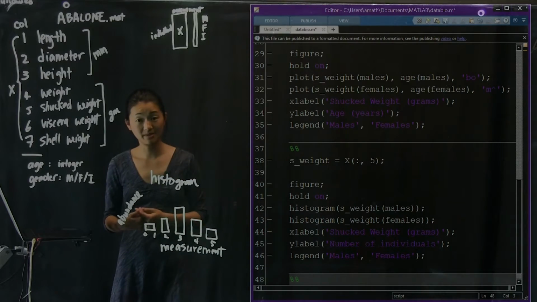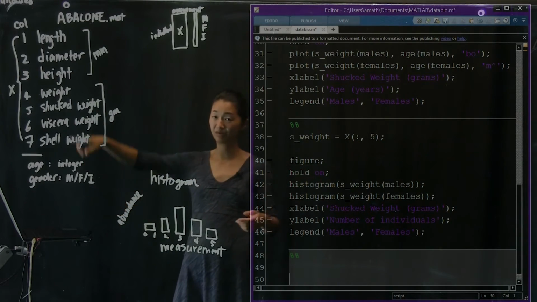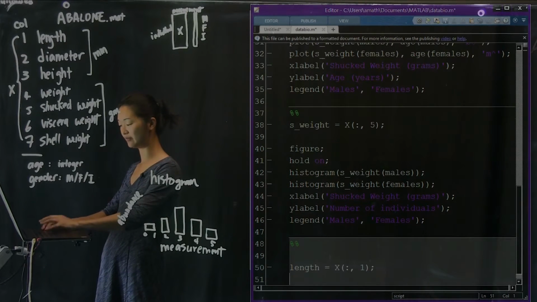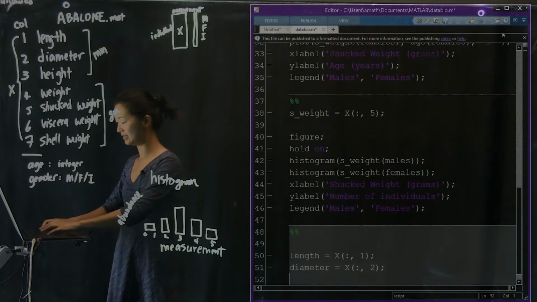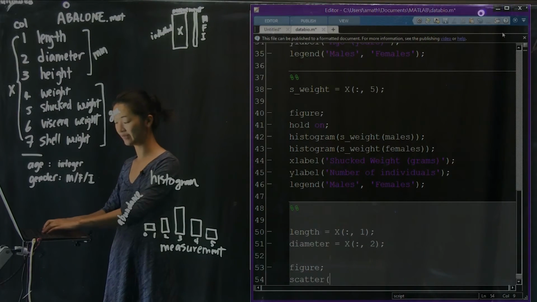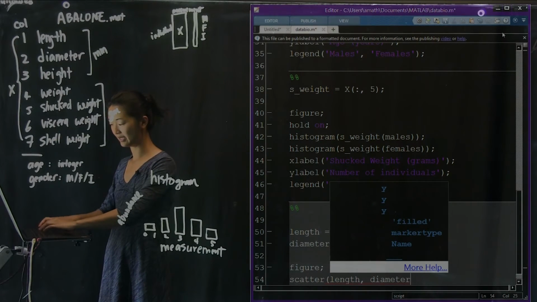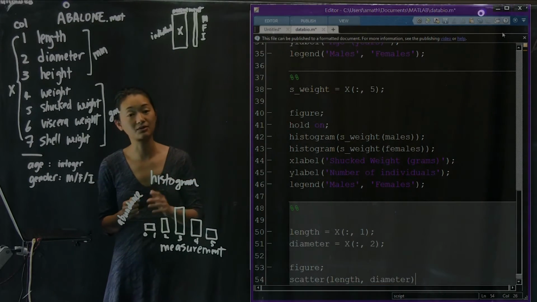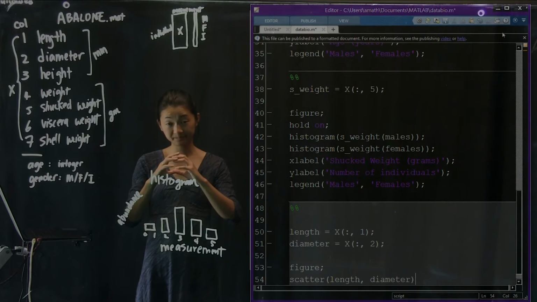Okay? So the scatter command starts out just like the plot command, where let's say that I have two things that I want to plot. Let's say I want to look at the length versus the diameter. Okay? So length is the first column of x, and diameter is the second column of x. And I'm going to call the scatter function, and it starts out just like the plot function, where I could give it the list of x coordinates and the list of y coordinates. Okay? But that's not all. It also allows you to specify in two additional parameters the size of the marker